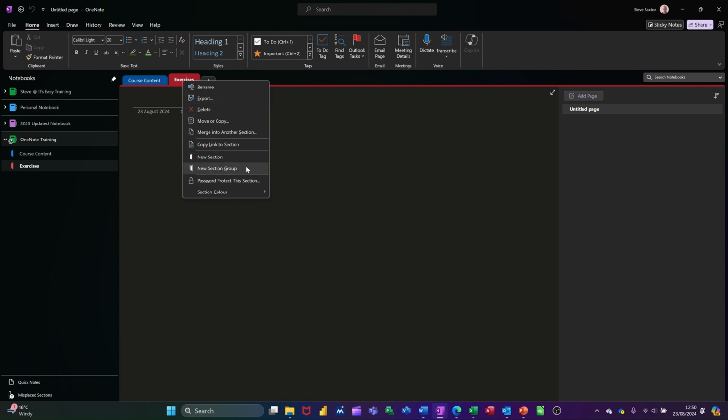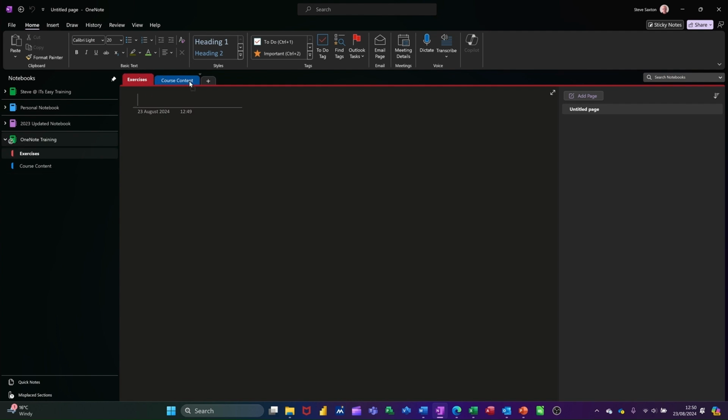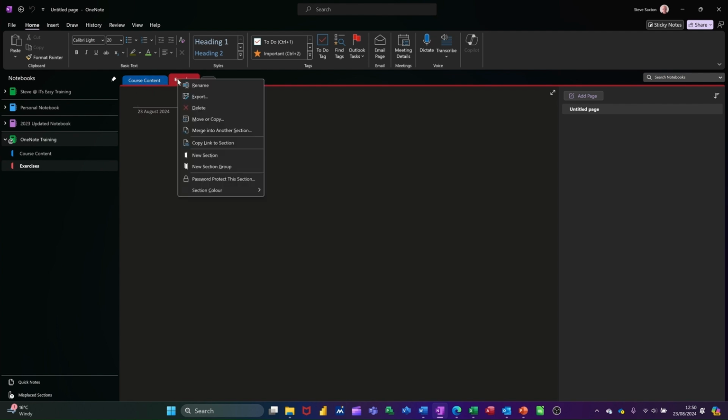You can do a new section if you want. You can create a section group where you have multiple items within there, and you can password protect a section. If you want to move it, you can just pick it up and move it across, and then that becomes the first section. If I just move it back as it was,